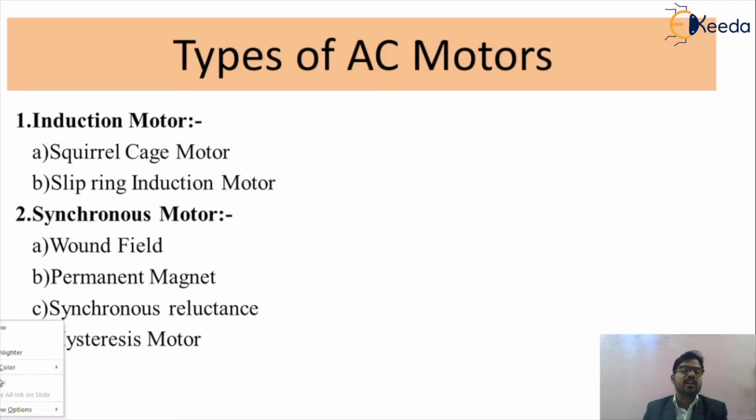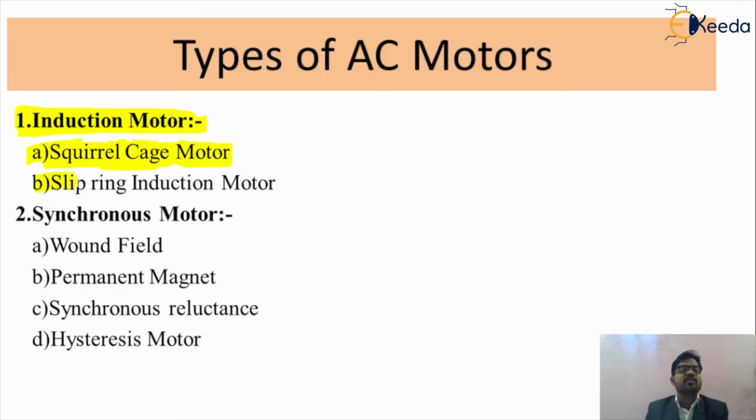According to the fundamental classification, AC motors are basically of two types. The first type of your AC motor is called the induction motor. In the induction motor, there are two types of motors. The first type is called the squirrel cage induction motor. So what do you mean by the squirrel cage induction motor? Depending upon the rotor construction, induction motors are classified as the squirrel cage induction motor and the wound rotor induction motor. Squirrel refers to the shape of the motor's rotor, which looks like a squirrel cage. That's why this type of motor is called a squirrel cage induction motor.